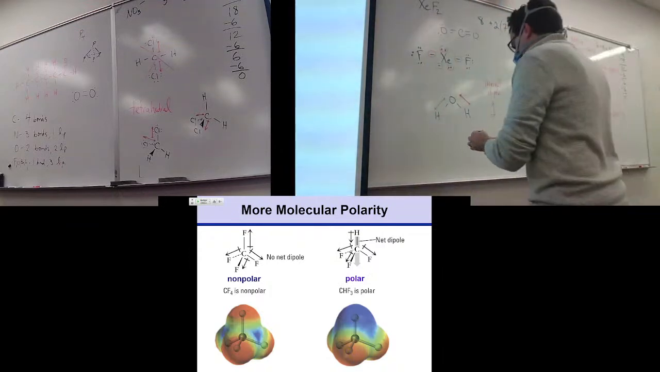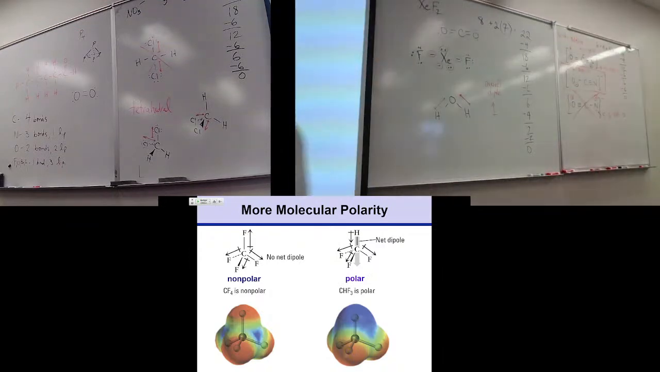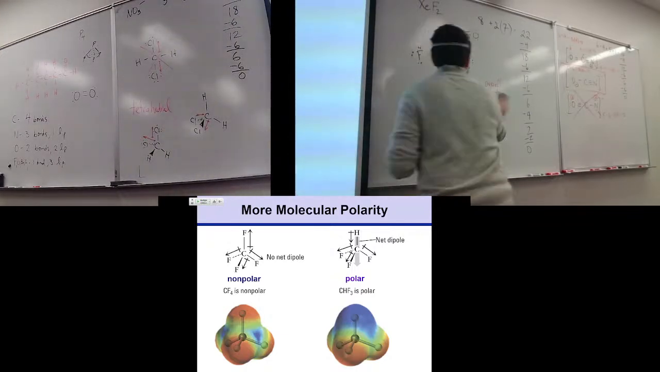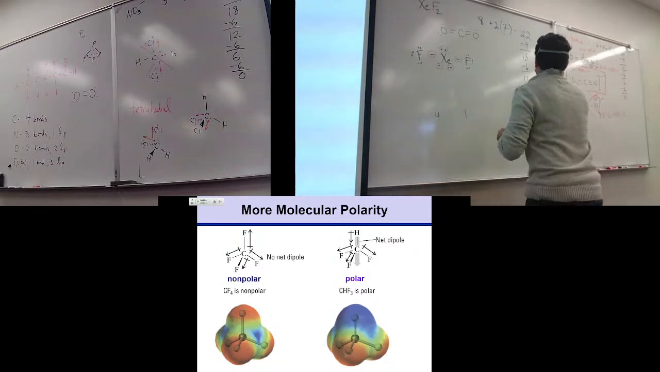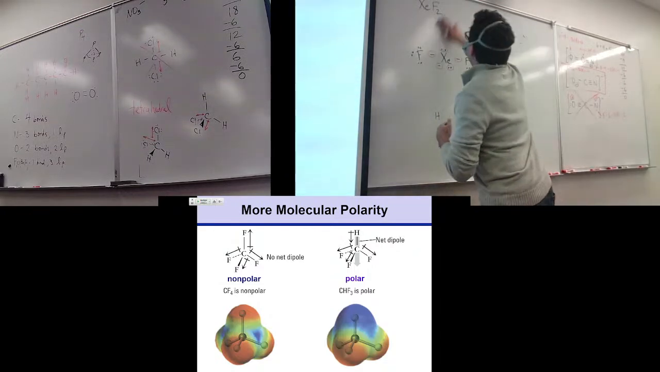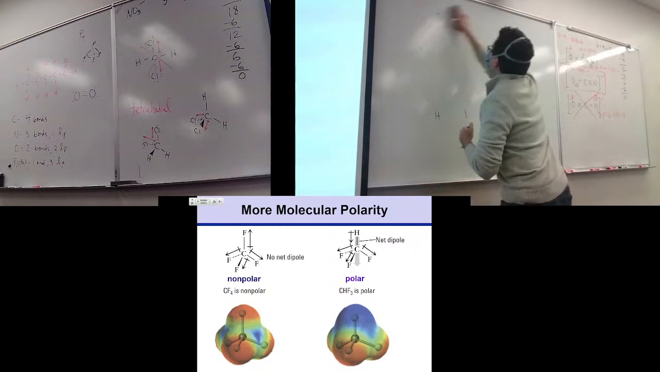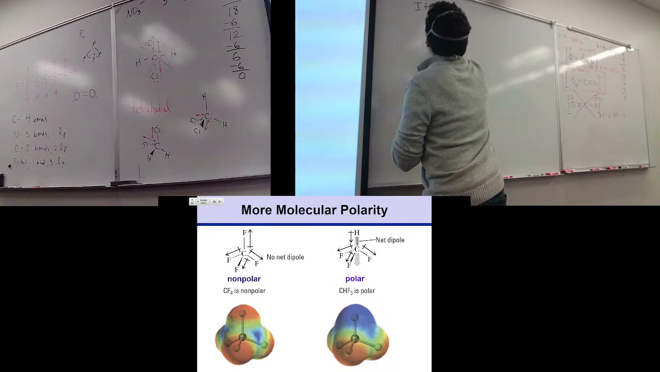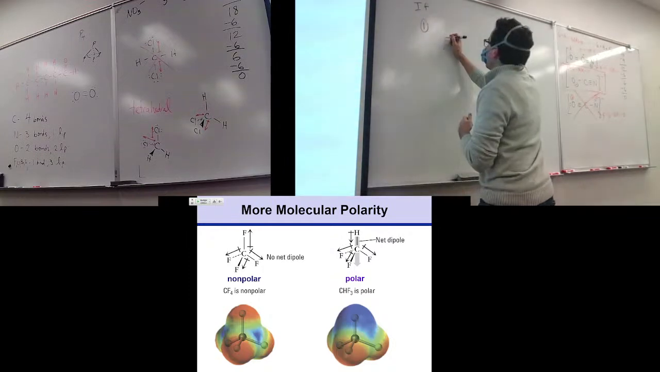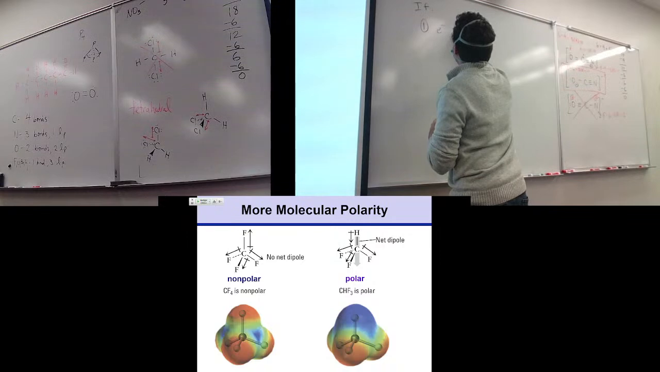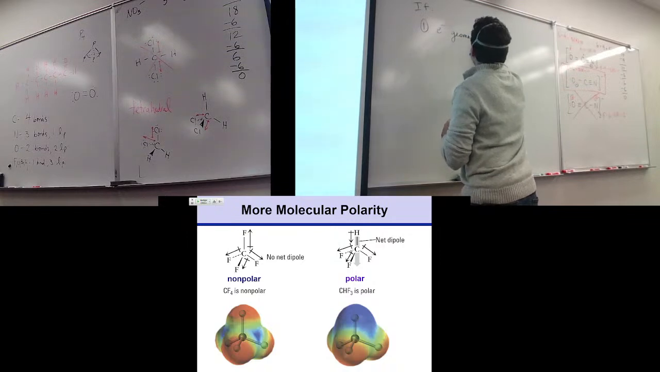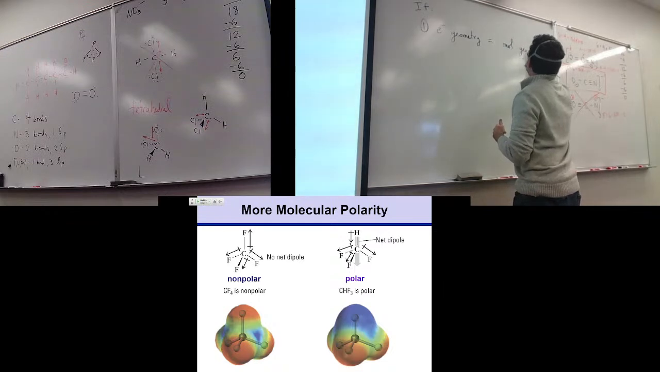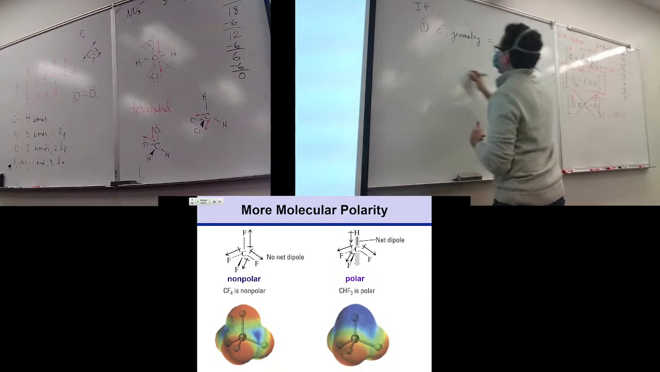So the rules are, let me just write them down so that you have them. Think of it like a computer program. Let me start off by saying, if, number one, and both of these have to be true, if the electron geometry is the same as the molecular geometry, all right, and